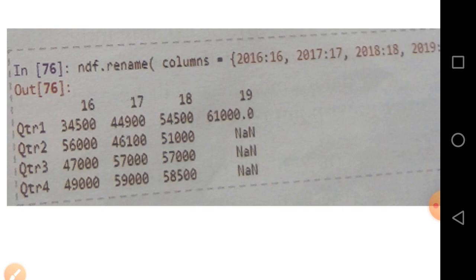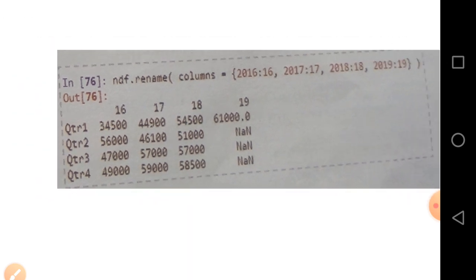So in this example, axis is not mentioned, so you can use either axis or columns. Here columns are mentioned. So the names of columns, 2016, are replaced by 16, 2017 by 17, 2018 by 18, and 2019 by 19.